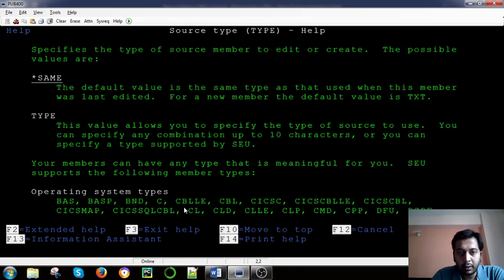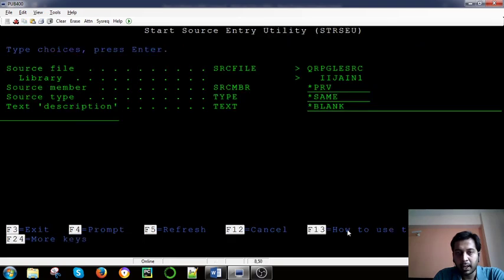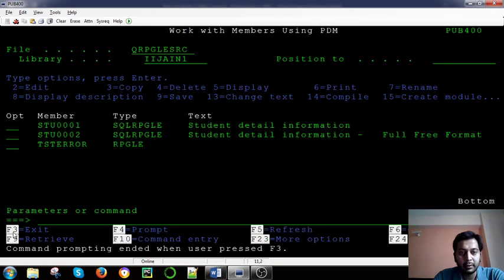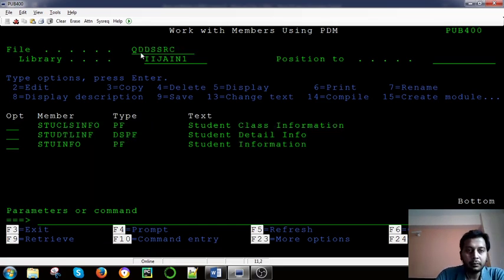And you can have a DSPF. We will see how we declare or create a PF file. This was a small go-to session on files. Before starting the creation of a file, we should understand what a file really means.